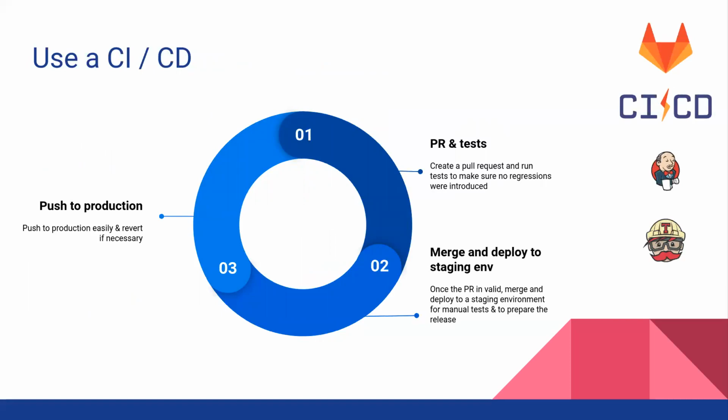Then comes the part where we are going to need a CI and a CD. The goal of this is to automate as much as possible. So now let's talk about what a CI and CD is. CI stands for continuous integration. Continuous integration is the practice of merging all developers' working copies to a shared mainline several times a day. So this means that if we are a team and we work with Git, for example,